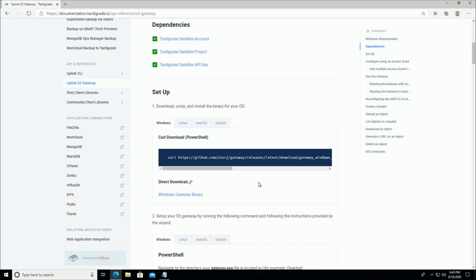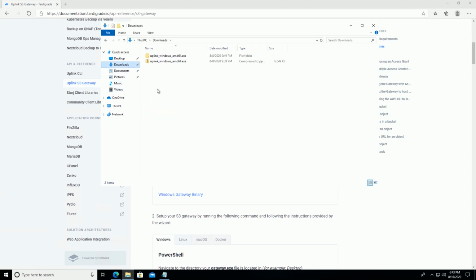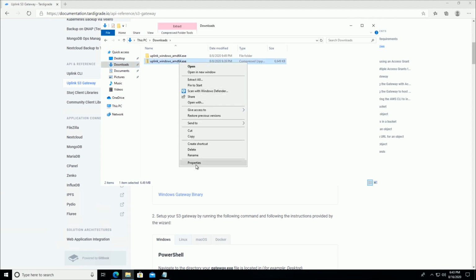Make sure that before you unzip it, you check the properties. Sometimes in Windows, if you are downloading things off of the internet, Windows will natively block them. Let me see if I can show you an example of that. Let me look at my downloads folder. So we have this Uplink AMD64, etc. If I go to properties,